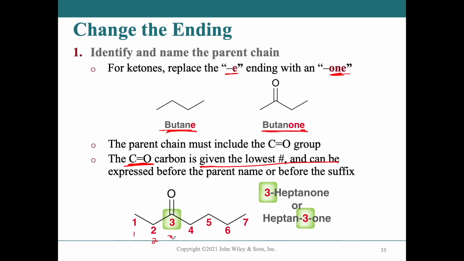So here, 1, 2, 3, the carbonyl. This actually has another word for it. It is called a carbonyl. Okay. So here the carbonyl is at position 3, right? But if you were to number the other way, starting with 1 on this side, then it would be at position 5. And we don't want that. We want the ketone, or the carbonyl, to be at position 3, right? And so since it's position 3, we can call this 3-heptanone, right? Again, some people like to say 3-heptan-3-one, or heptan-3-one, which doesn't flow very well to me. So I'm definitely a fan of the first way of saying it,